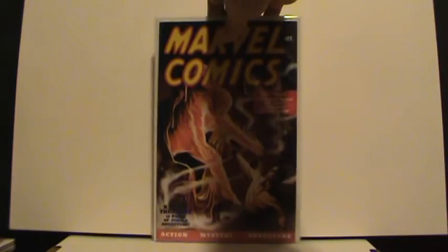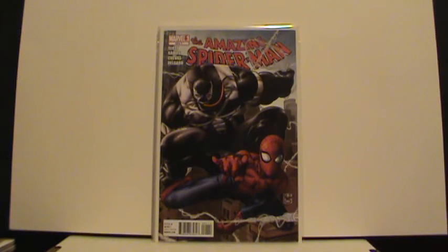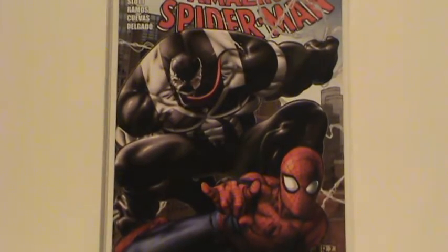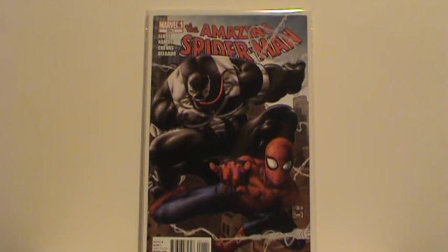Another one I had when I was going through and organizing, that is the reprint of Marvel Comics #1. Let's see. This is Amazing Spider-Man 654.1. This is the first solo story of Agent Venom. As you can see, that's actually Venom Flash Thompson on the cover, all venomed out, as he does get in the book at least once. But yeah, picked that up for a couple bucks. Would like to find 654 personally, but